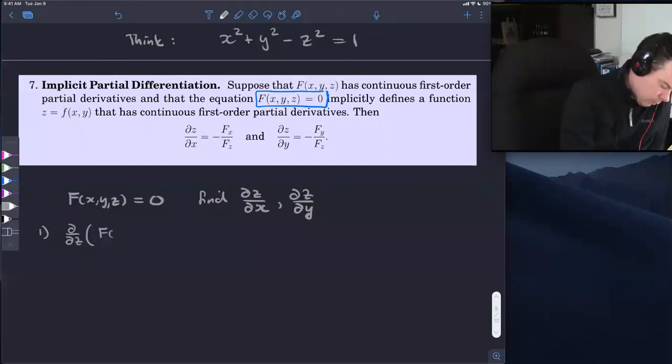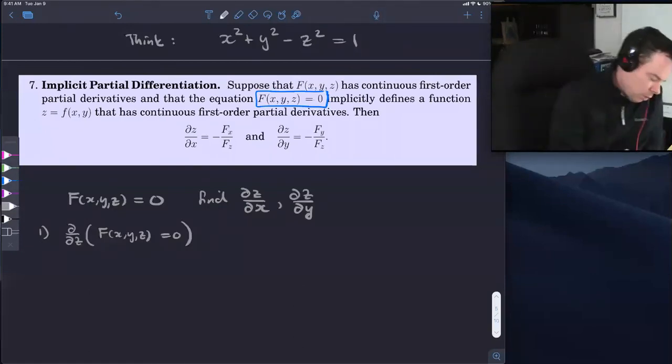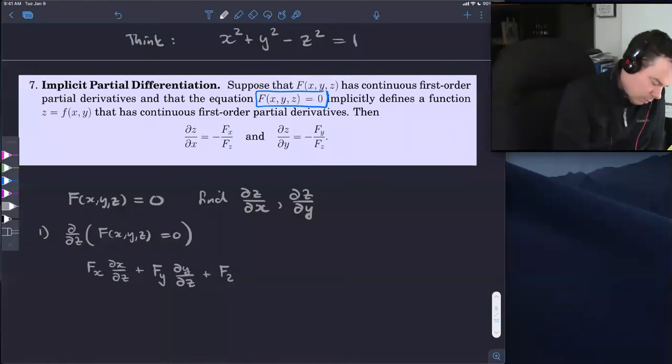Let's find the derivative with respect to z. And in order to do that, we have to do the chain rule. So it's the derivative of f with respect to x times the derivative of x with respect to z, plus the derivative of f with respect to y times the derivative of y with respect to z, plus the derivative of f with respect to z times the derivative of z with respect to